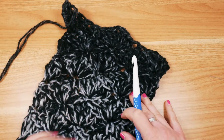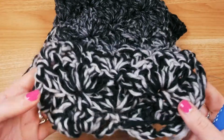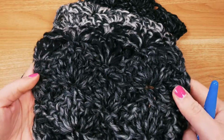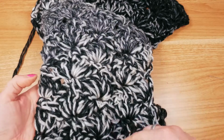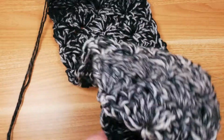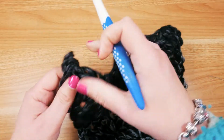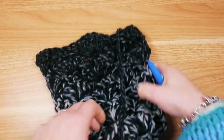So dear ones, I've almost crocheted over the entire ball by now. I'll show you the scarf as it progresses. So I started here with the 2 colors, then it became more uniform, then the colors ran apart again, and I had the light gray again, and then the almost black part, then it got lighter again, going into a lighter, more uniform gray, and then I had a transition area again, and now it's going back into the darker gray. However, I don't have much yarn left and have thought of something special for the last row,